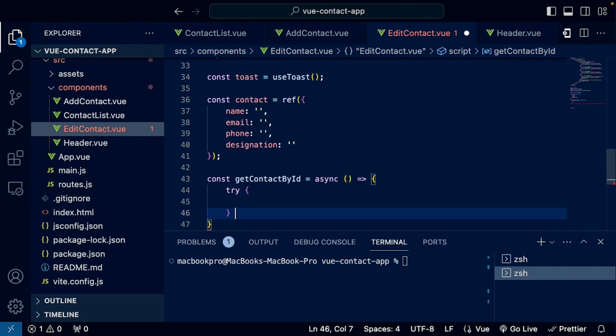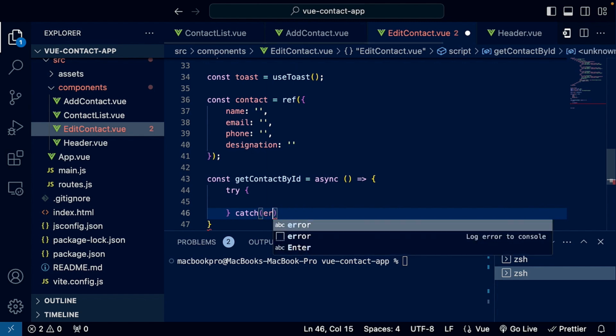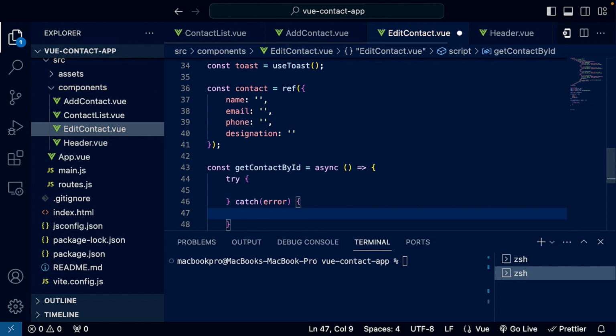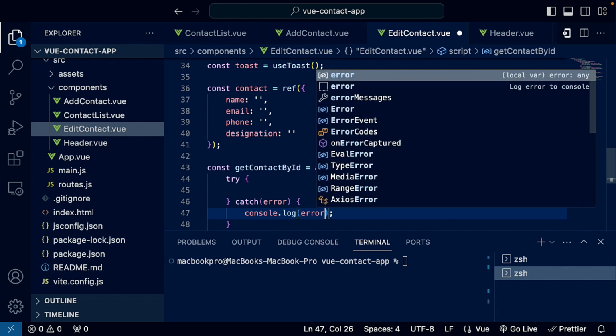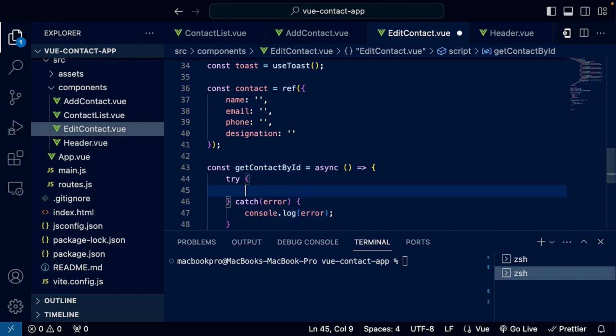So try and catch and bring up the error here, and right inside here let's bring up the console.log and bring up here the error. All right, and inside the try option I'm going to define the URL, which should be